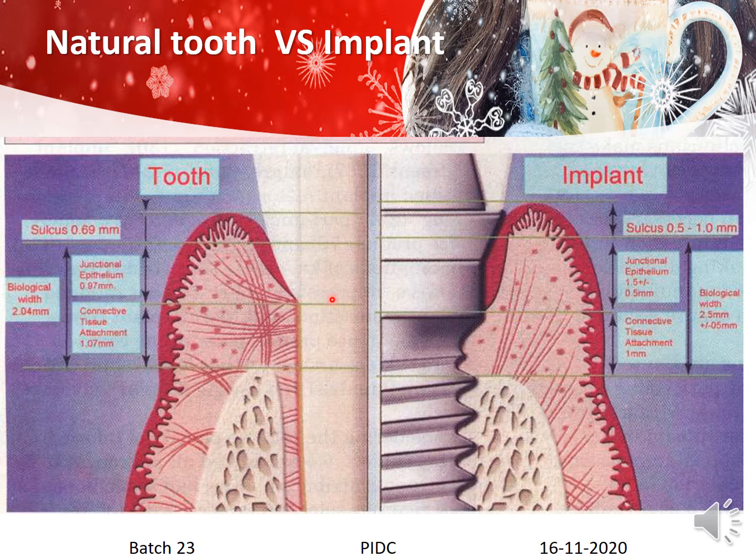One more major difference between both is that the junctional epithelium around the natural tooth is less permeable and very strong, but here the junctional epithelium is more permeable. In other words, if there is any food substance or plaque stuck here, it is going to very easily invade the inner structures here. So when placing an implant, you should be very sure that the patient is going to maintain a very good oral hygiene.